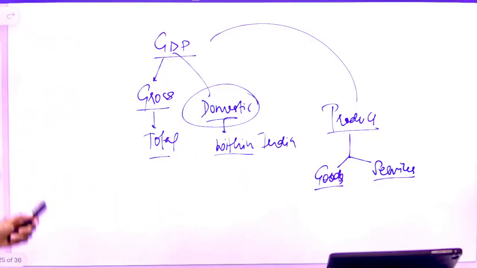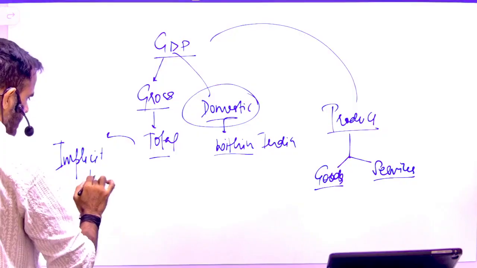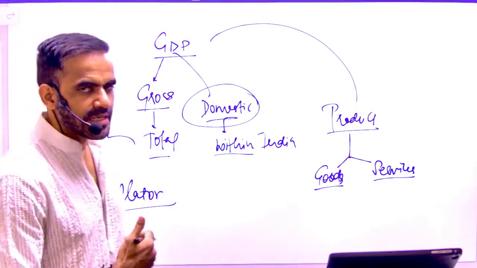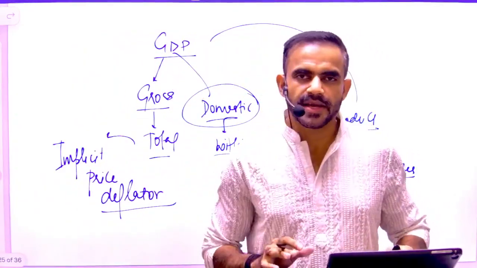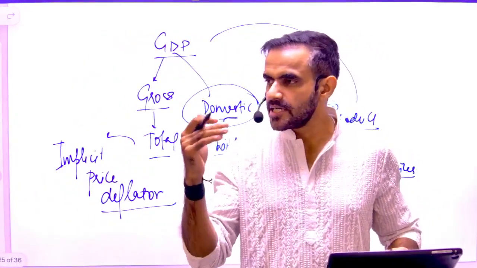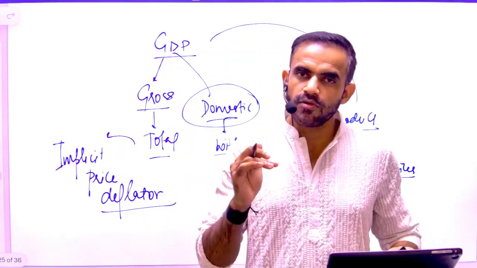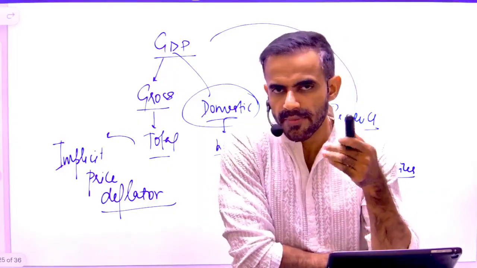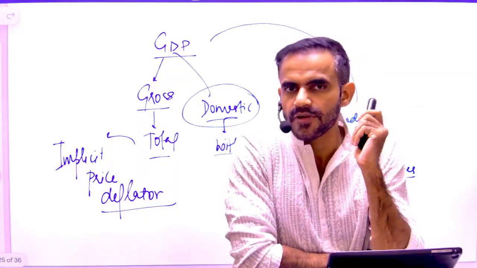Since we are talking about all the items, that's why it is also known as implicit price deflator. That simply means how much is the deviation in the prices of items in the economy, it is reflected by it. Let's say we compare the GDP of last year to the GDP of this year. So technically we are also including the changes in the price. We are going to cover more about GDP in a separate chapter. In this case, we are talking about it from the perspective of inflation only.